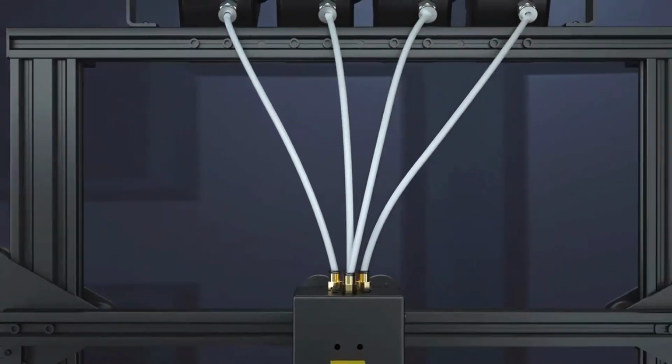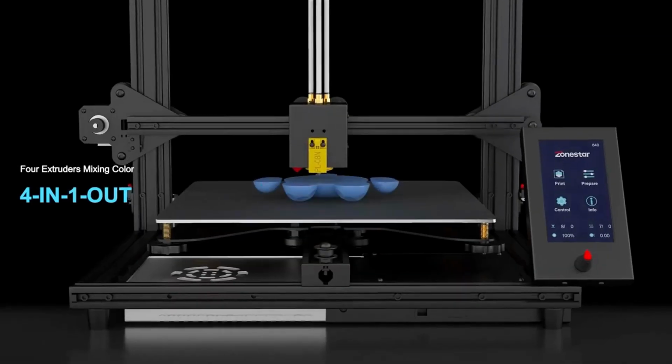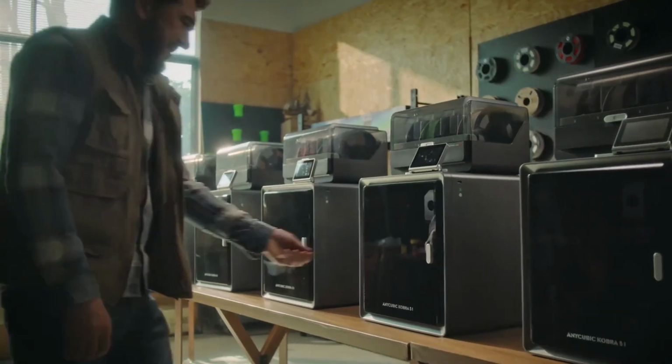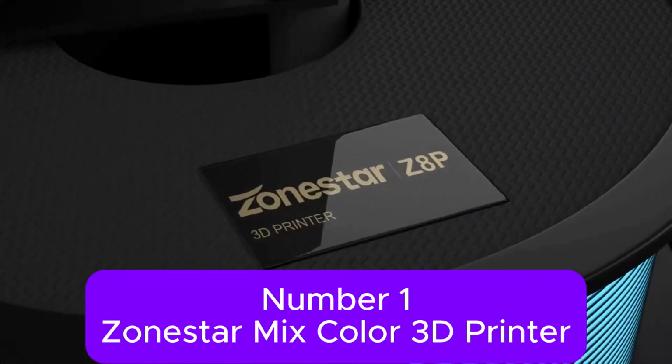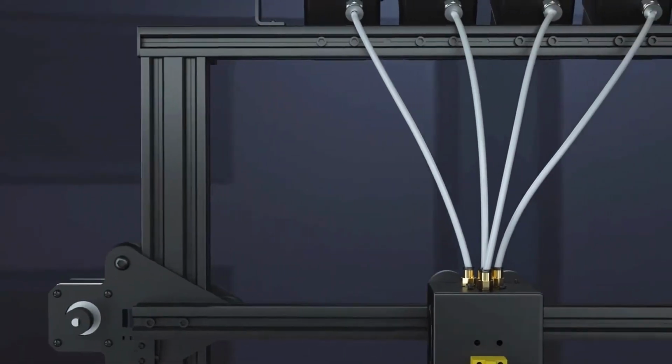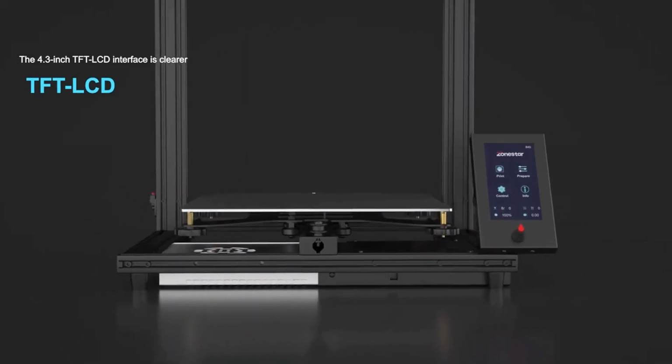Whether you're a beginner or a pro, today we're exploring 5 amazing 3D printers that can bring your ideas to life with speed, precision, and color. Let's jump right in. The first printer we're looking at is a creative powerhouse, the Zonestar new Upgrade 4 Extruder